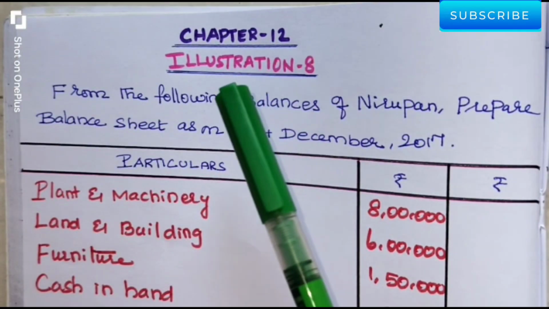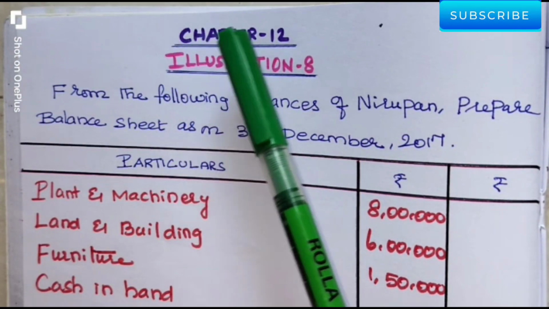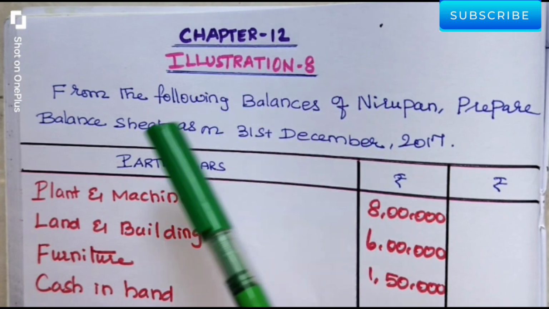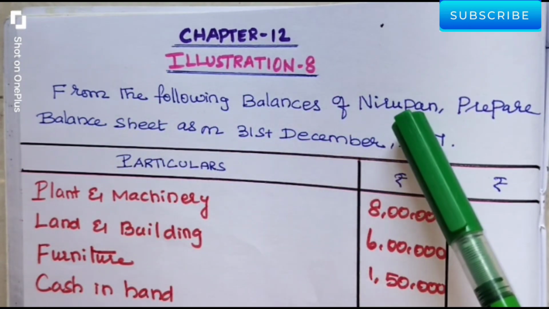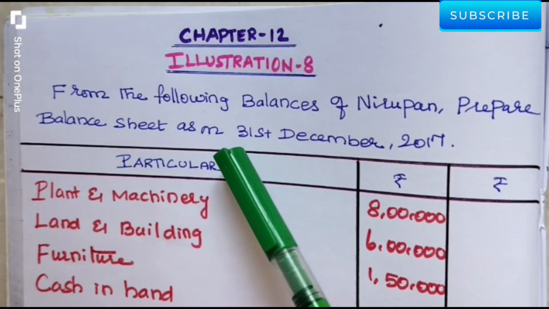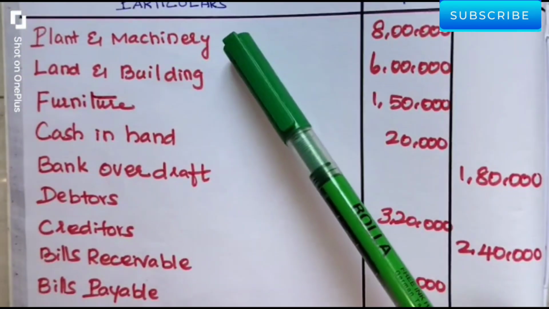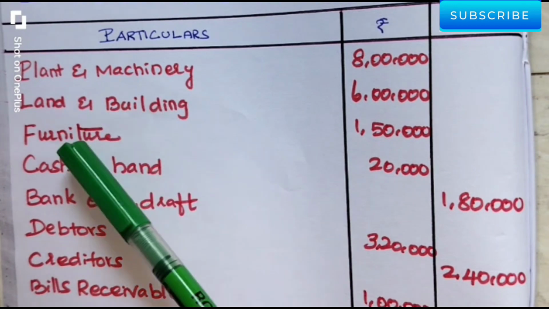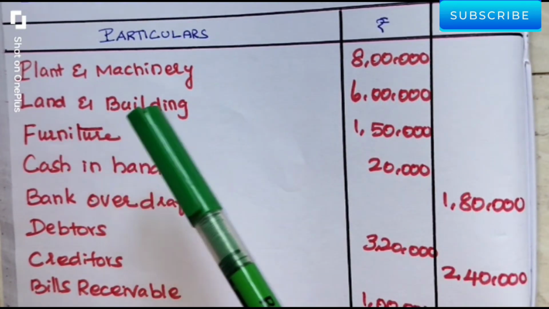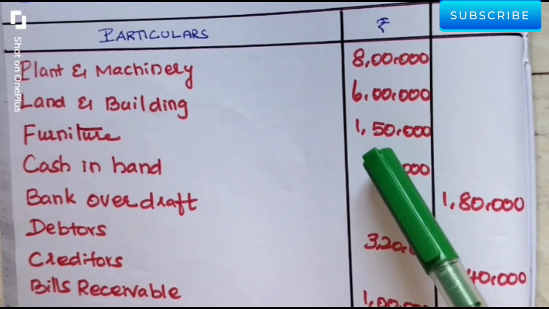Hi viewers, 11th Standard Accountancy, Chapter 12, Illustration Sum Number 8. From the following balances of Nirupan, prepare balance sheet as on 31st December 2017. Let's read the given information, that is plant and machinery 8 lakh, land and building 6 lakh, furniture 1 lakh